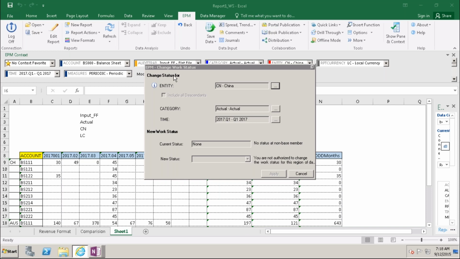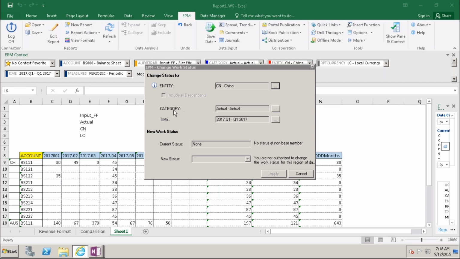But for the entity dimension only, you have include all descendants, because it is a driver dimension. For a driver dimension, you will get the parent as well as all descendants.